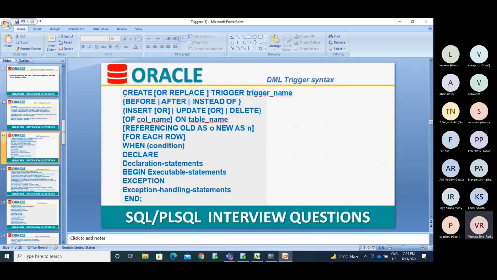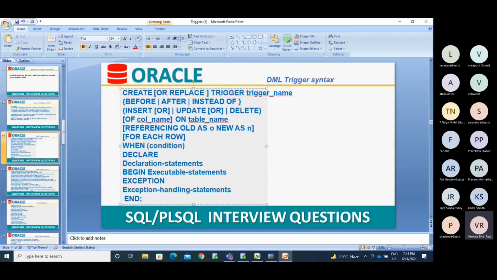After performing the action, if I need to do any other task, I will use the after trigger. Before performing the task, if I need to insert data into a different table, I will use the before trigger. So before insert or after insert, before update or after update, based on that.